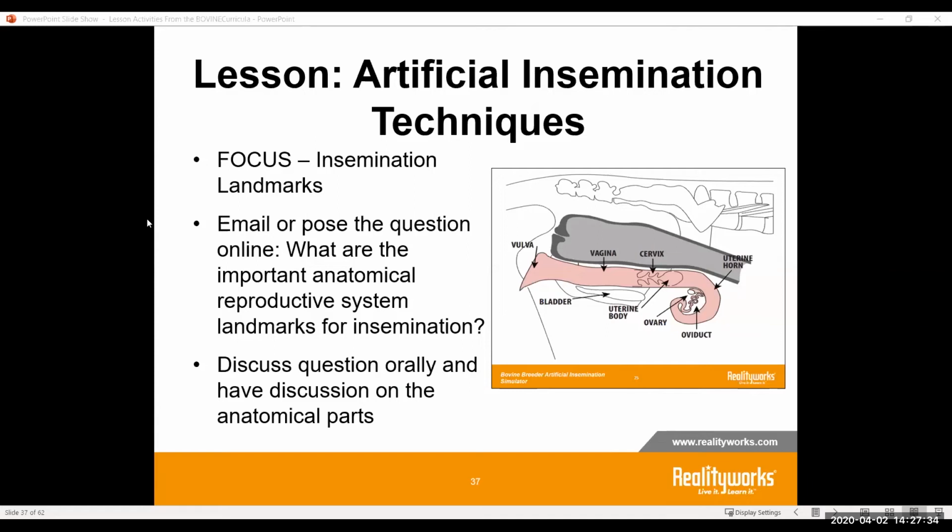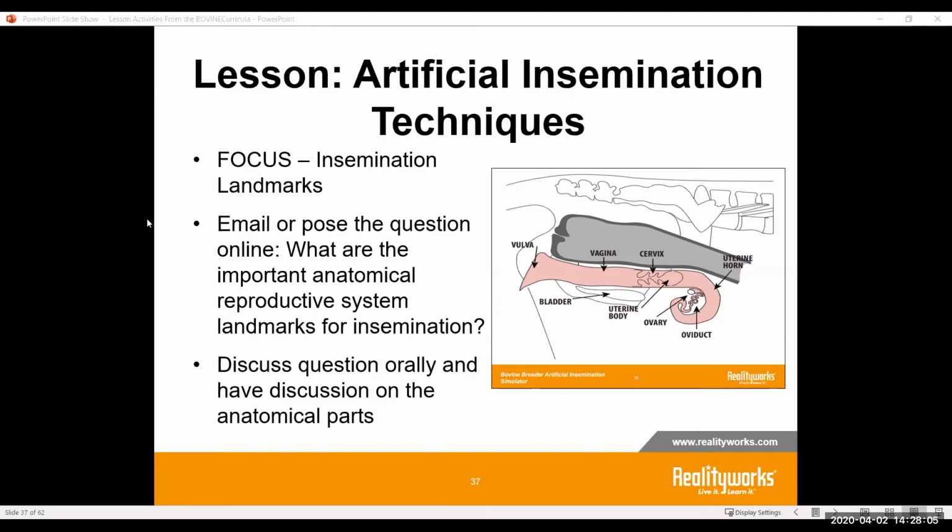your insemination? So it's important to know the vulva, the vagina, the cervix, the ovaries, all these different features, but what are the landmarks that, when you're actually inseminating, you need to know? How does the rectum play a part in artificial insemination? These are the kind of questions that get students to think, well, I don't know, why is that interesting? Why is that important?